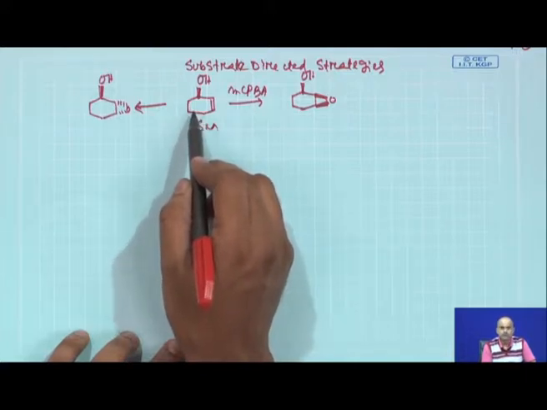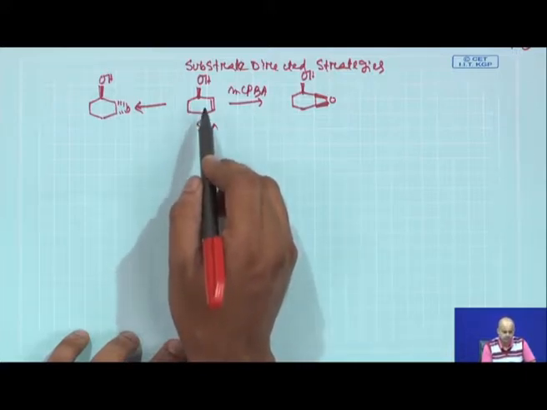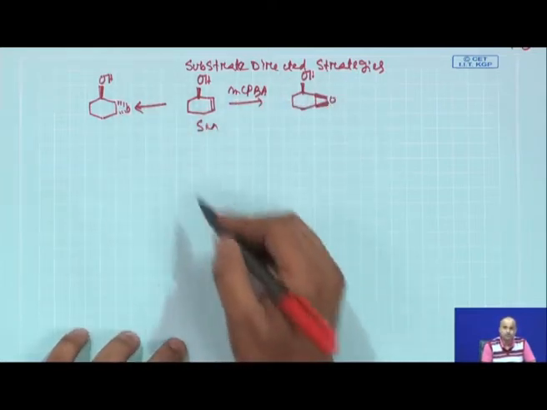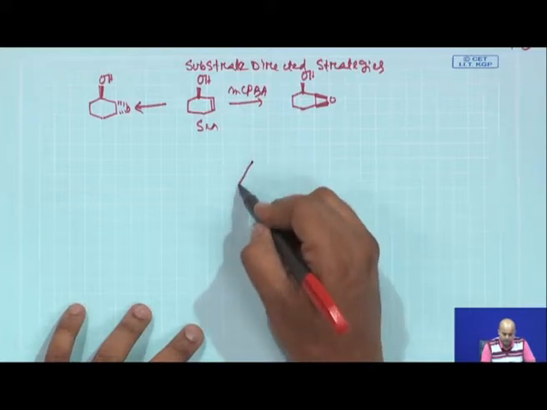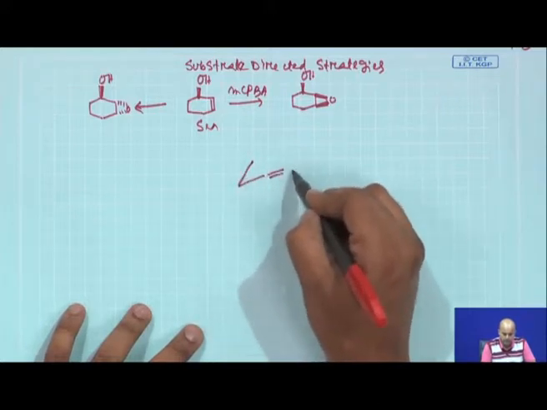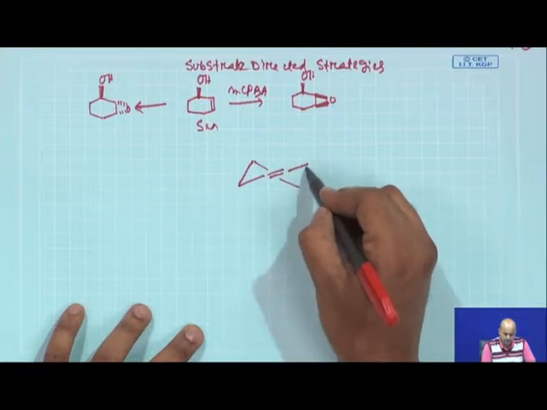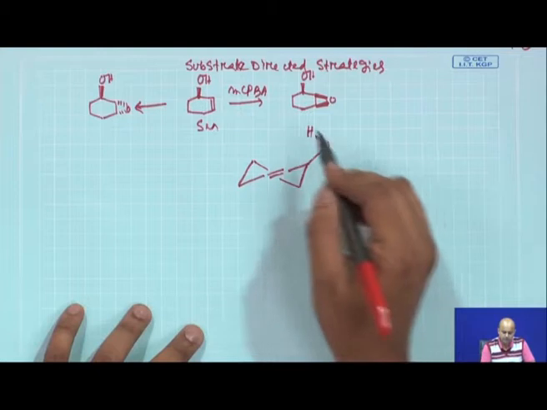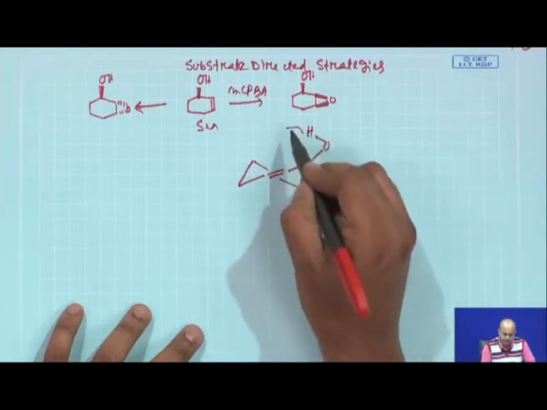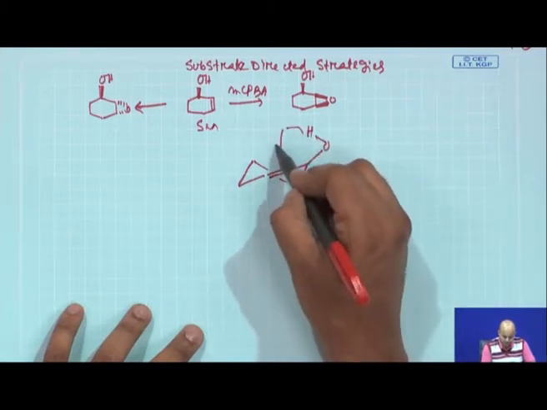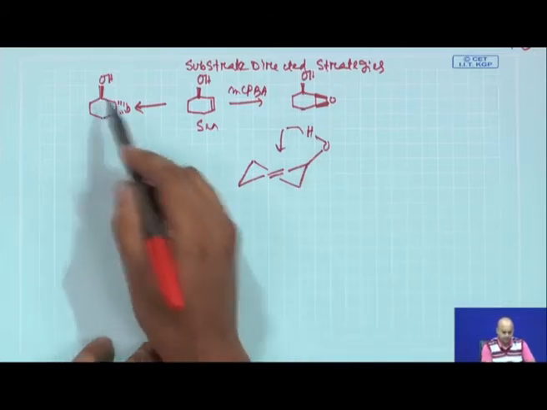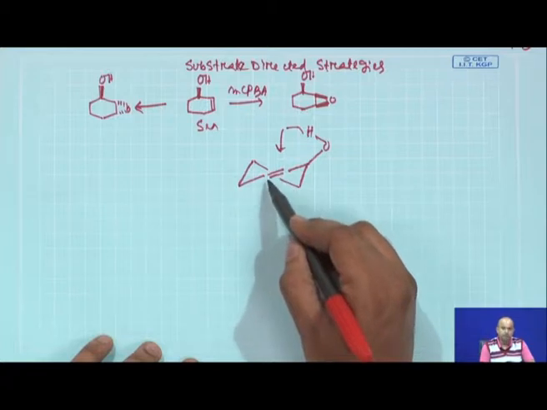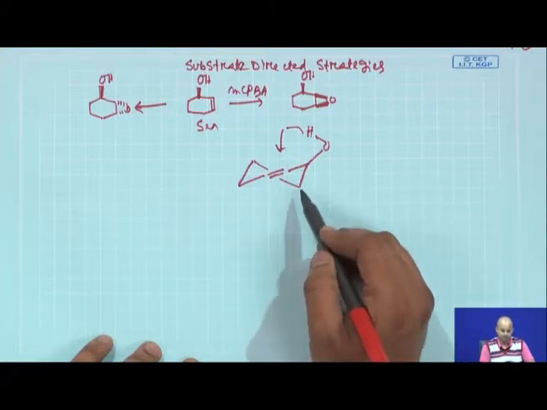Now, here it seems to be a little bit awkward, because with substrate direction you probably cannot have the hydrogen bonding thing. Initially what we said? We said your substrate does have a well defined geometry in the ground state, then your mCPBA is basically attacking from the top face. Now, here you are instructing that we need this epoxide to form on the bottom face.